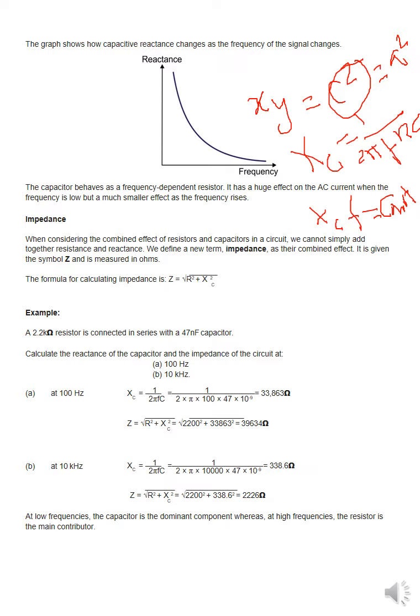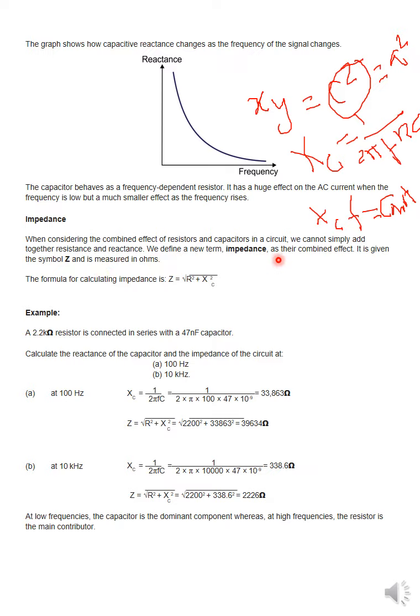When you have a frequency equal to 0, that is the lowest frequency you have, because frequency cannot be negative, it is always positive. So when it is 0, you can say Xc will be equal to infinite. So it provides infinite reactance to current or the potential when the frequency is equal to 0, or you can say for DC, your frequency is equal to 0.